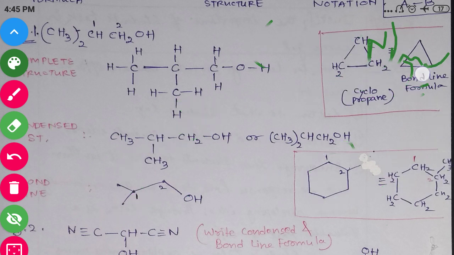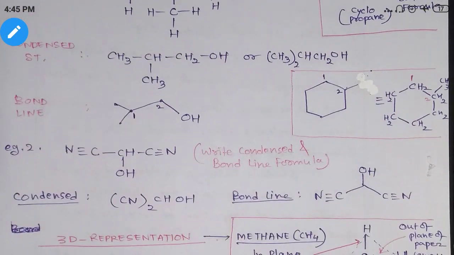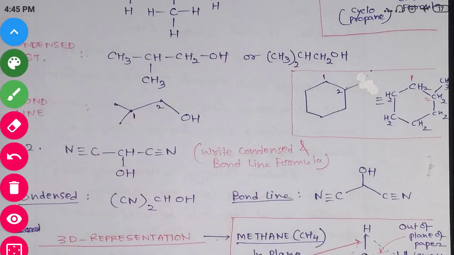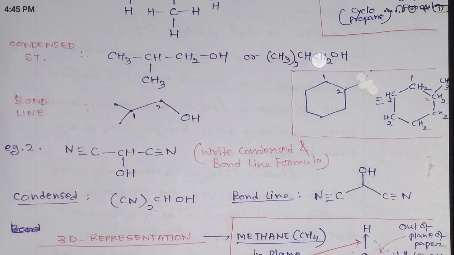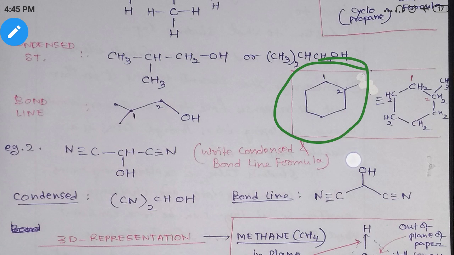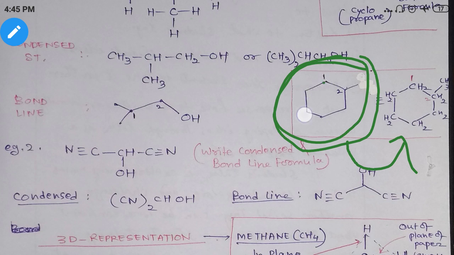Now one thing I will tell you is how to convert, because sometimes it comes from the condensed formula to the bond line formula. Okay, so this is the bond line formula, you can see, right? You have to write it in the structural way or the condensed way. How can you write? That means I have already said these points are nothing but carbons, right? These 6 carbons, and this point is also nothing but carbon. So you have to write like that.